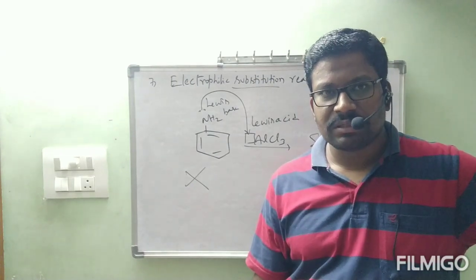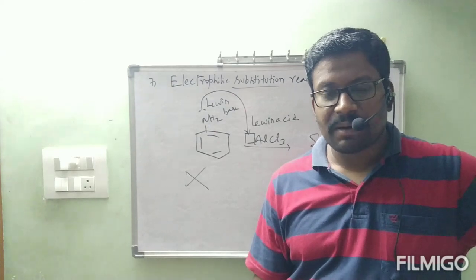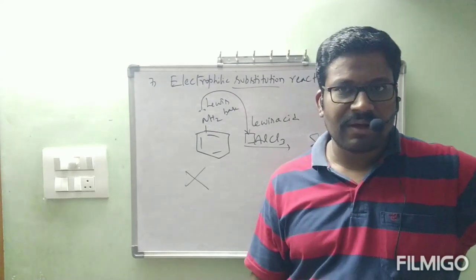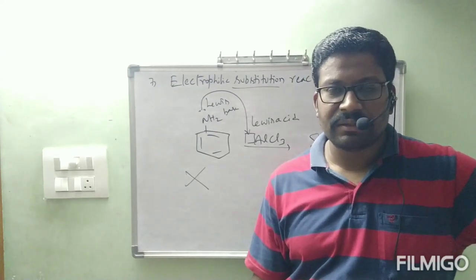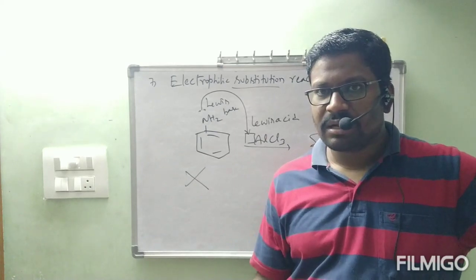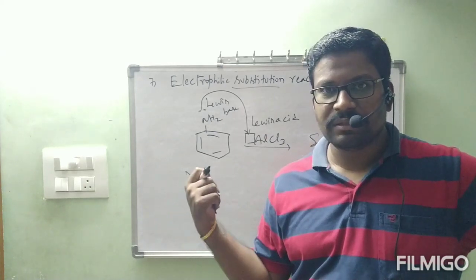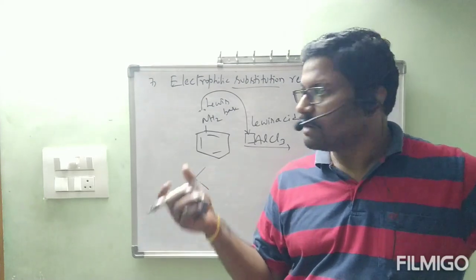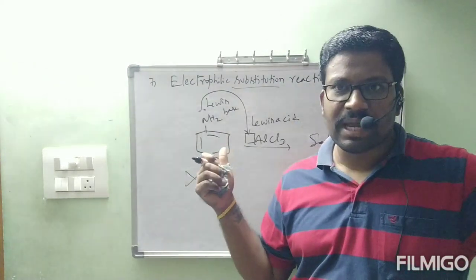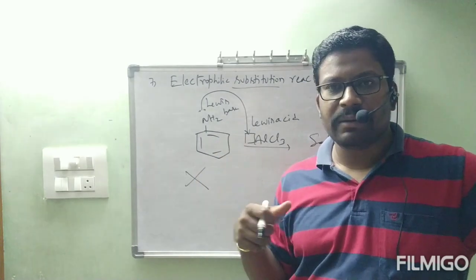First preparations, next physical properties, which we will see in the end. Already we know how the physical properties are. Next, chemical properties: the total number of chemical properties we have seen, normal aliphatic amines, after that aromatic amines and electrophilic substitution reactions. This is about chemical properties.